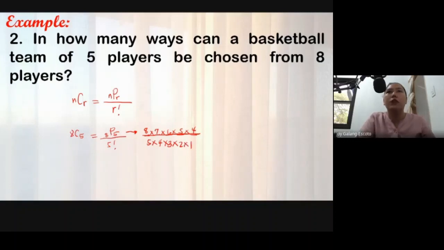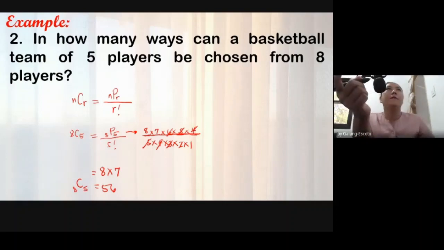And then proceed with simplifying the whole expression. 5 and 5 cancel out. 4 and 4 cancel out. 3 times 2 is 6, cancel out. So you will have 8 times 7, and 8 times 7 is 56. So the combination of 8 players taken 5 at a time is 56. Okay? Now next,